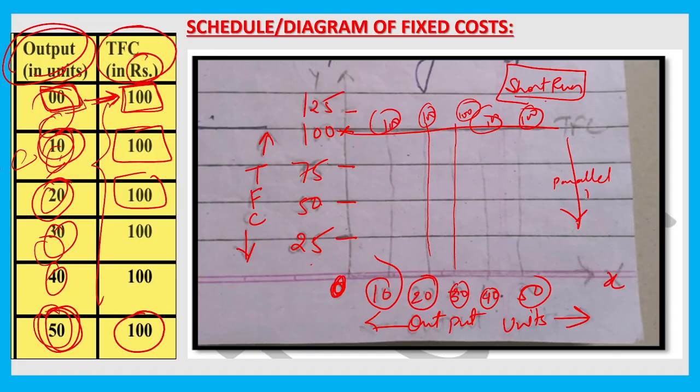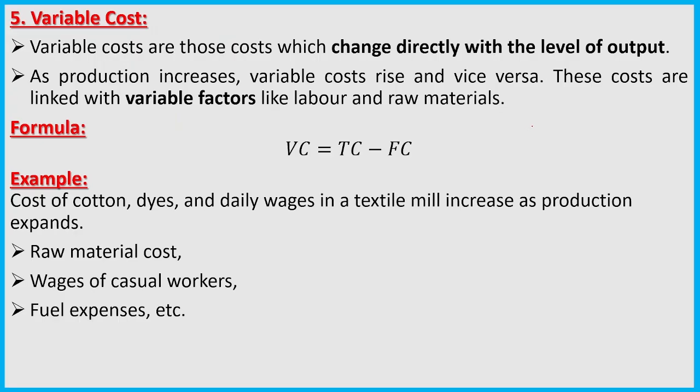ठीक है। तो अब इसका ग्राफ कैसे बनेगा, पैरेलल टू एक्स एक्सिस। करेक्ट। सो फिक्स कॉस्ट कर्व का इस तरीके का ग्राफ बनता है। एक स्ट्रेट लाइन बनती है, हॉरिजॉन्टल स्ट्रेट लाइन विच इज पैरेलल टू एक्स एक्सिस। ठीक है। और ये कर्व का नाम दिया गया है TFC, मतलब टोटल फिक्स्ड कॉस्ट। मतलब प्रोडक्शन 0 हो, 10 हो, 20 हो, 30 हो, 40 हो या 50 हो, एक जैसी ही, या फिर प्रोडक्शन हो ही ना, फिर भी ये कॉस्ट तो सेम ही रहेगी इन द शॉर्ट रन। आई होप इट इज अंडरस्टूड टू यू। आगे बढ़े।